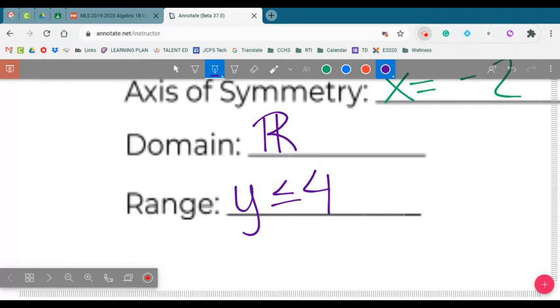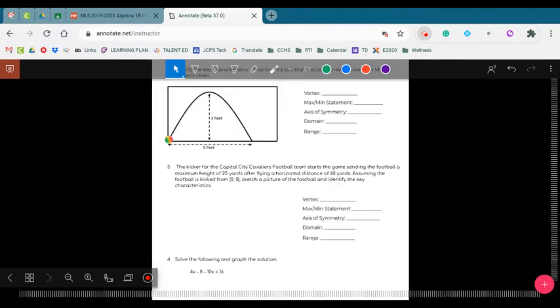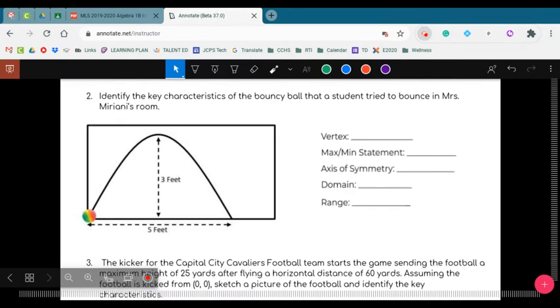Okay, so if you have any questions over the first page, let us know. So these characteristics are going to be really important, and we're going to keep going over them. Okay, the back problem, we're going to hit a couple word problems. So this first one says, identify the key characteristics of a bouncy ball that a student tried to bounce in